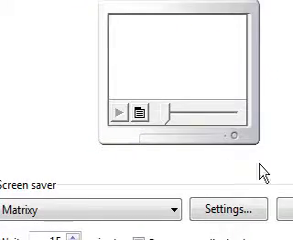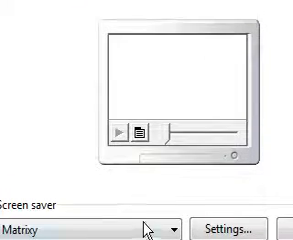It's got my video in the preview, I'm actually going to stop that because the preview, it's in the preview. So matrixy is now my screensaver. If I preview it, you may not see,